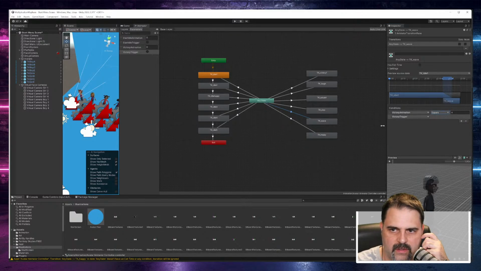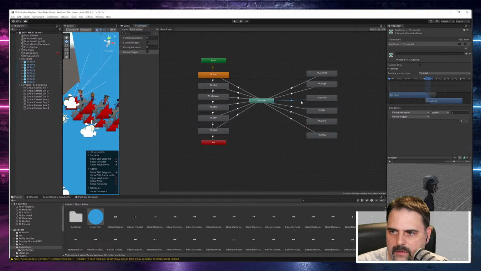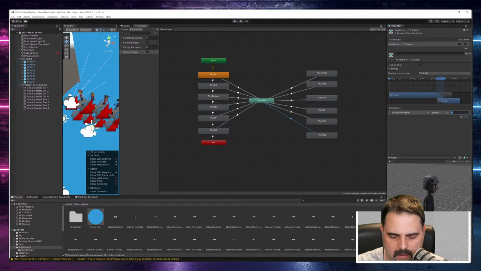I'm really excited about how this will work. Equals 0, 1, 2, 3, 4. And then the last one. No, not selection. Victory animation equals, and then 5. I have to add 2 more, but